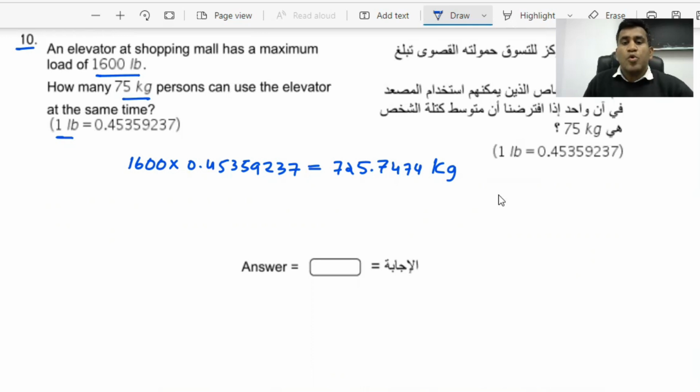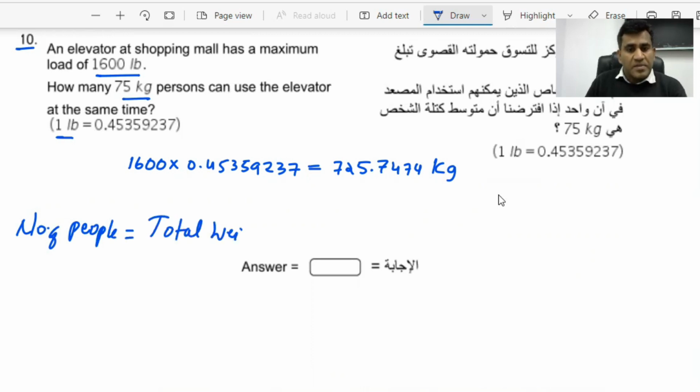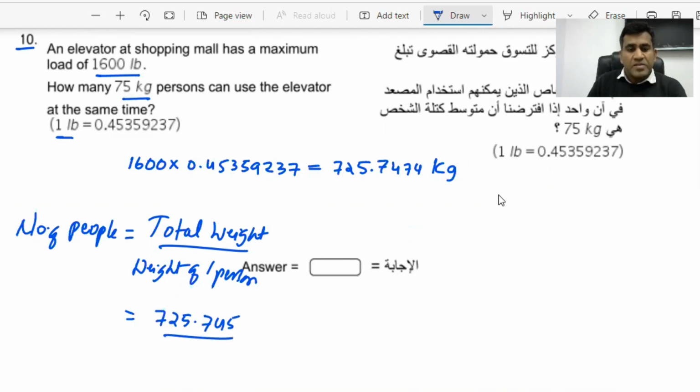So how many people can go with this weight? So I just need to calculate. The number of people that can go in an elevator is simply the total weight divided by the weight of one person. So that gives us the total number of people that can go. So the total weight that it can hold is approximately 725.745 divided by 75. If you do this, you'll get the answer as 9.66